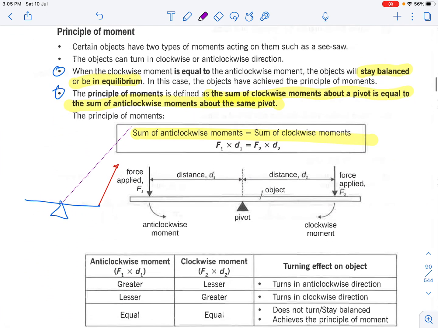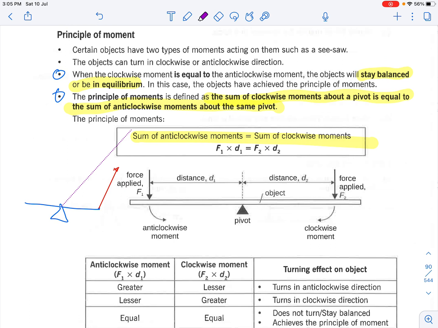Now comes the principle of moment. For the principle of moment, certain objects will have two types of moments acting on them, such as a seesaw. This object can actually turn in a clockwise or anti-clockwise direction. And when the clockwise moment is equal to the anti-clockwise moment, the object will generally stay in balance, or in